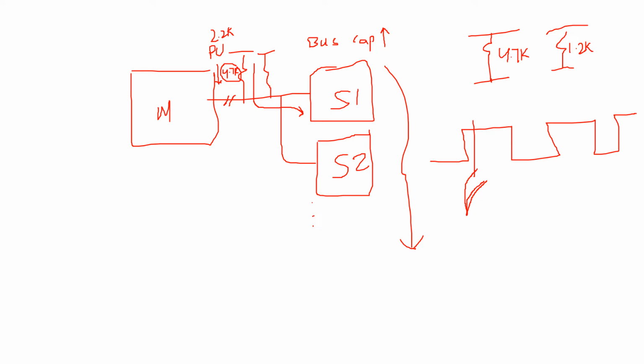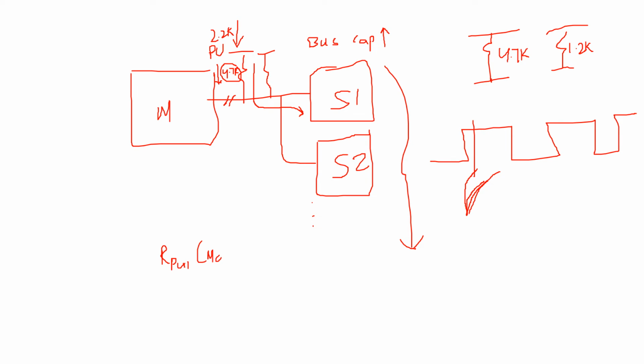Now in this scenario, again, one more point is that you cannot have as low a resistance as possible. For example, we have talked about 4.7K; as we increase the slaves, the rise time is increasing. So we reduce the pull-up resistance. So how much can we reduce, or what is the relation between the rise time, the capacitance, and the pull-up resistance? So R pull-up